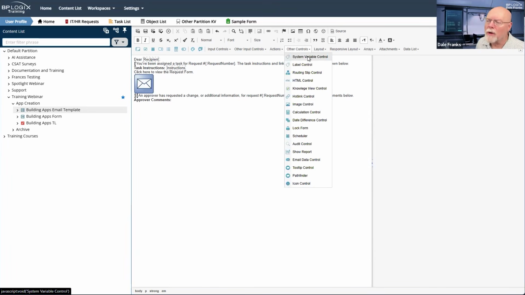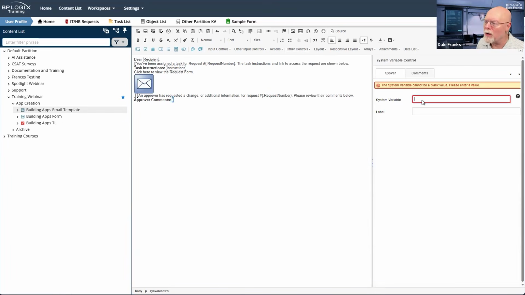So we'll go to other controls, go to our system variable control, and choose activity result. In fact, this is going to be a little more complicated. What we should probably do is take a look at the activity result system variable. We need to put in the activity result. So we'll start off with supervisor approval.